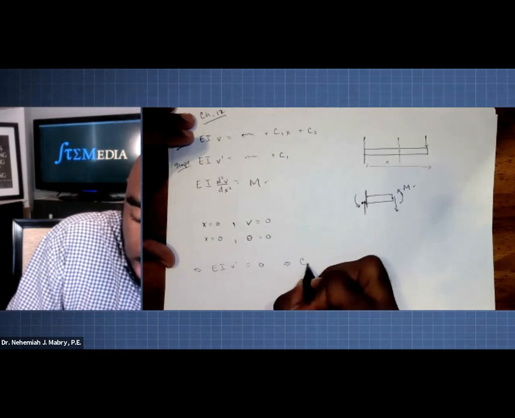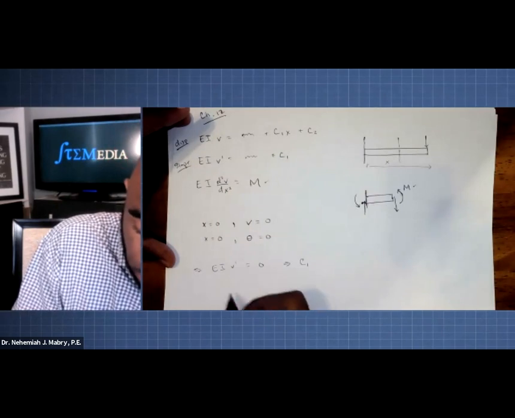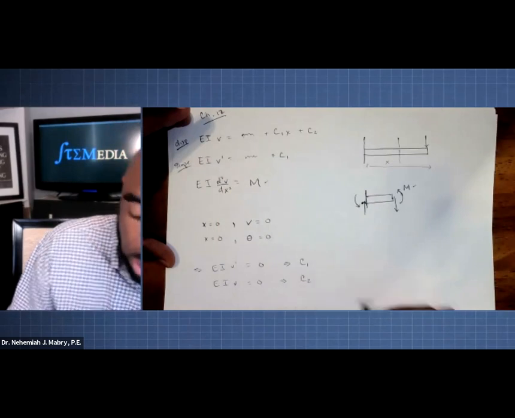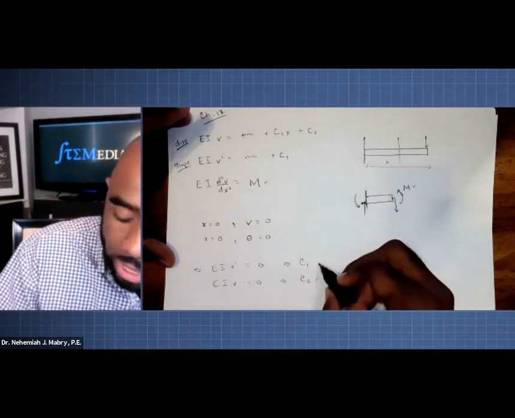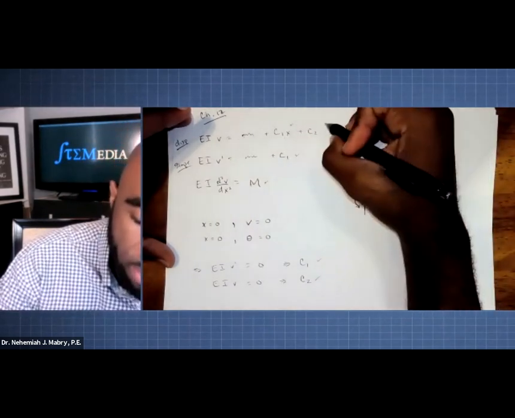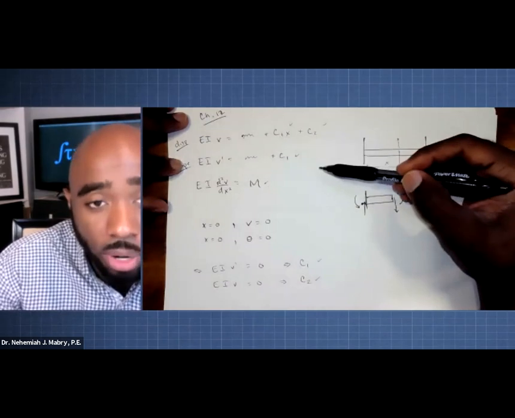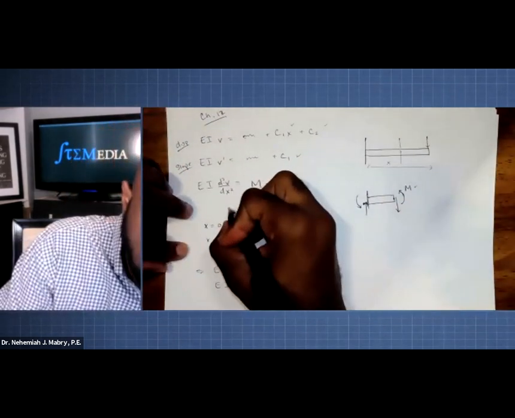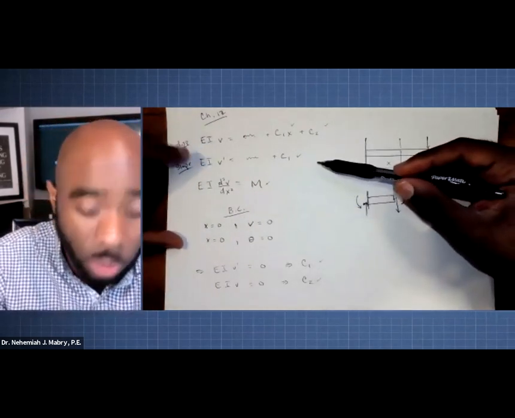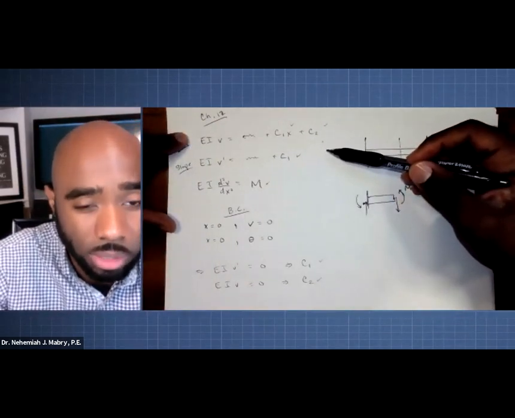That would allow us to solve for C1. In this case, we can set that equal to 0 as well, which should allow us to solve for C2. It's not until we get these values and rewrite them into these equations that we actually have these equations. Right here, we have these equations, but we're just putting C1 and C2 in for a constant. We've got to use these boundary conditions to solve for the constants. So if the problem is asking us to write the equations, it's not until we solve for the constants and rewrite these that we have those equations.